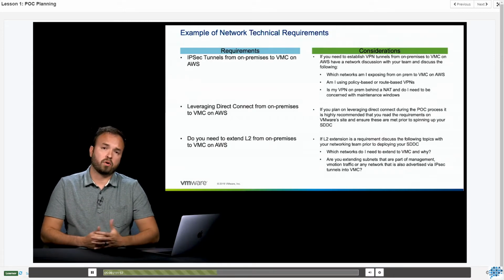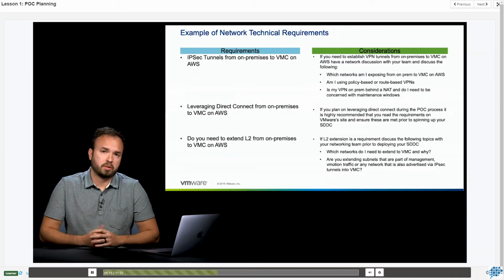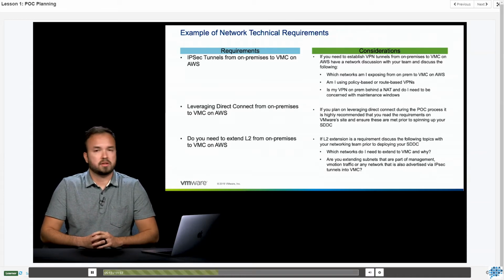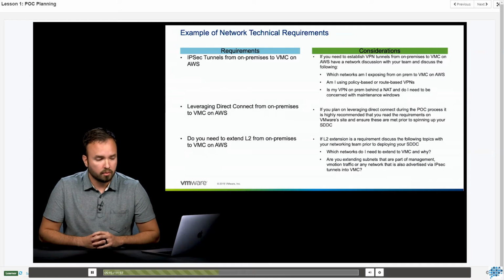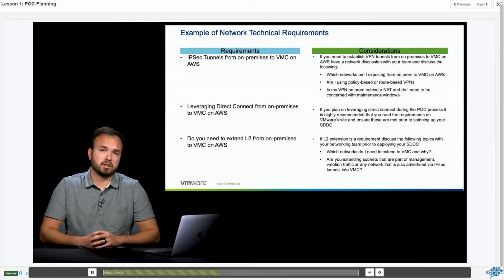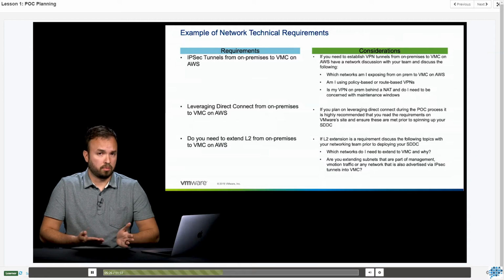Now that you have had the workshop and your team is brought up to speed, you are better equipped to gather the technical requirements. Now, the purpose of this module is not to go through every single requirement that you might encounter in the field, but rather give you a framework or some of the requirements that you're going to see more